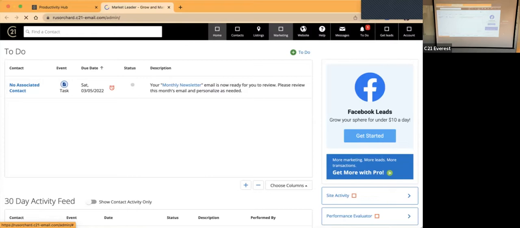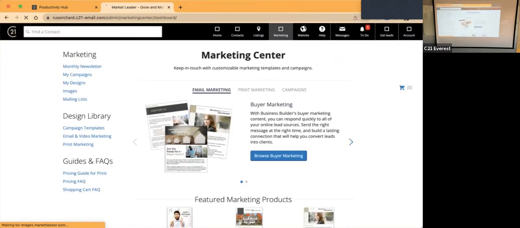So if you come over here to marketing within Business Builder and go to Marketing Center. That's always for me in Business Builder. I'm going to go to marketing and the Marketing Center. And then from here, you can just decide what it is you want to do in terms of the marketing things. Most of what you'll do will be spent down here, which would be the email and video marketing or